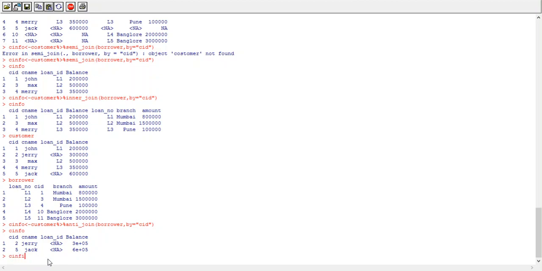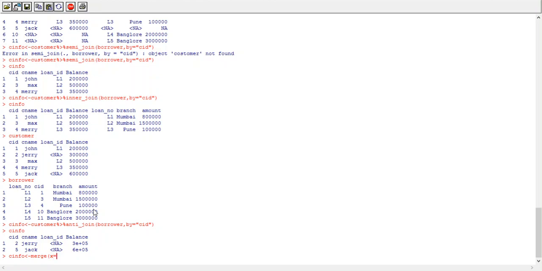So here cinfo equals to, now we don't have cross join operation or Cartesian product operation here. This function is not available. So to perform cross join or Cartesian product, we use merge function.